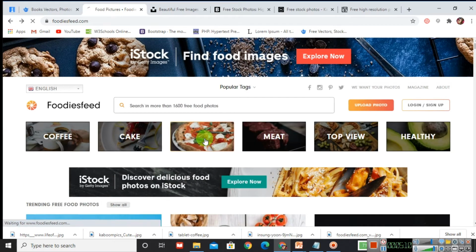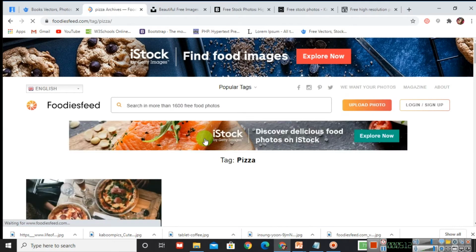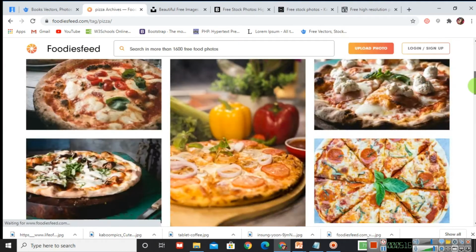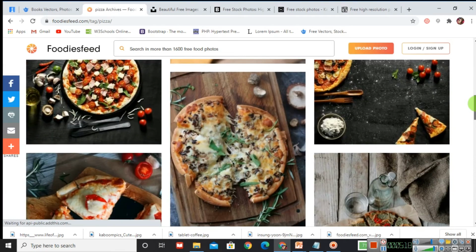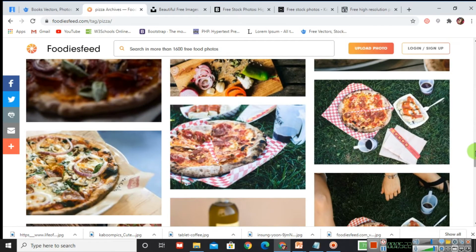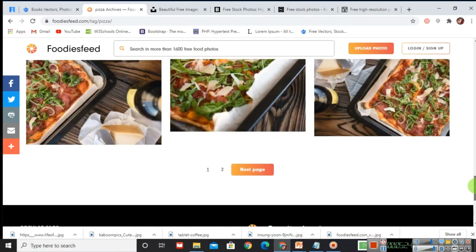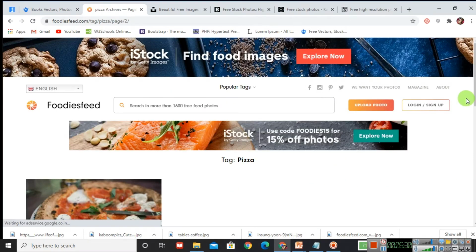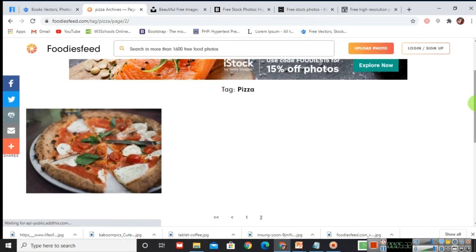I'll click on pizza. You have many pictures over here. Whichever picture you like, you can click on it and start downloading it. If you click on next page, it goes to the next page and you can see more images.